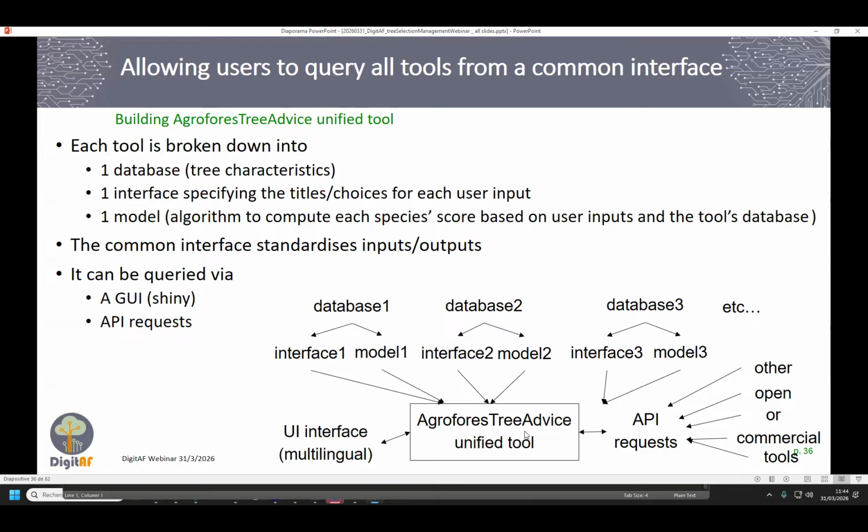And then a common interface where we can plug each of those previously existing tools and query it through a unified user interface or through API request. Well, that's the objective. It's not completely working now.